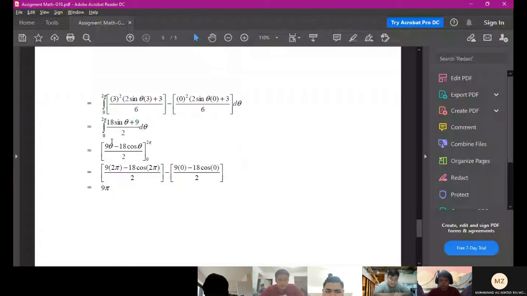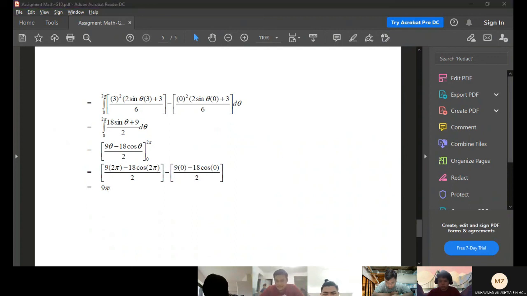For the second integration, we integrate with respect to theta. From this equation, we integrate for theta and we get 9 theta minus 18 cos theta over 2, with limits of 2 pi and 0. Then, just like we learned how to integrate, we subtract the value at 0 from the value at 2 pi. Then we get 9 pi. I guess that's all from